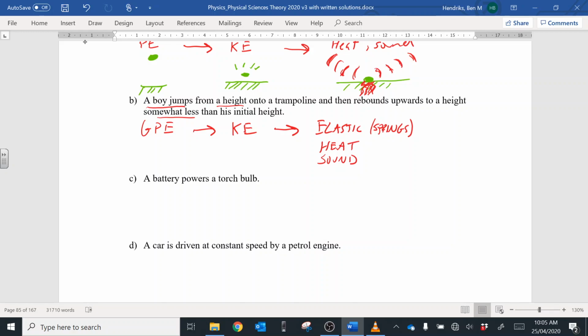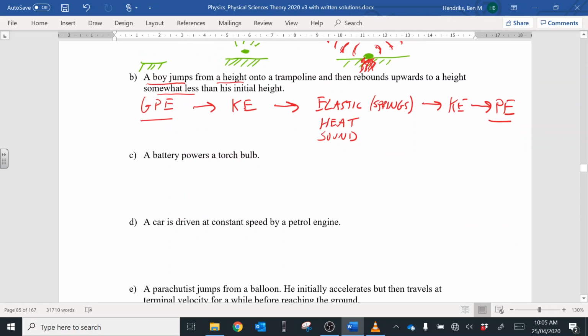And there's probably some heat between your feet and the mat. Then as you go back up, that elastic energy goes back into kinetic energy, and when you get to the apex or the peak, you've got your maximum potential energy again. Sometimes I say it as PE, sometimes GPE. I'll probably just go between one or the other.